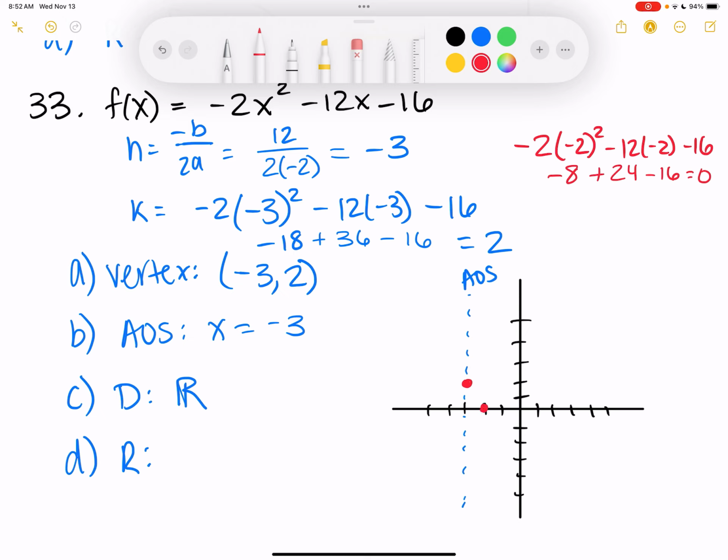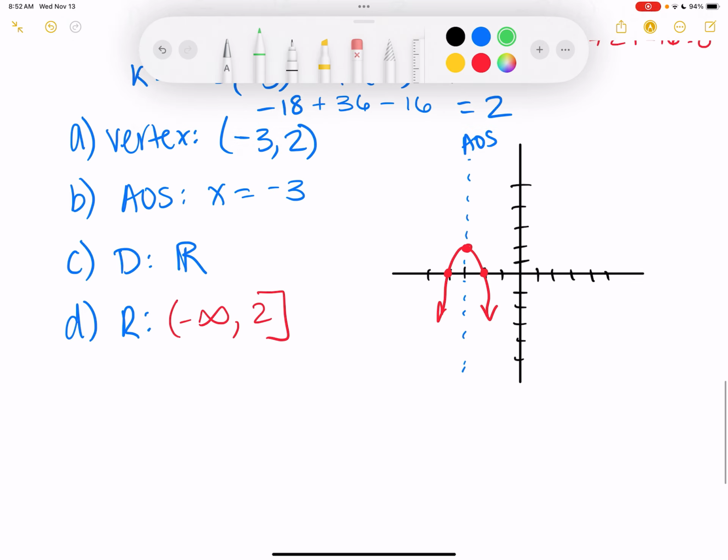1 away on that side, 1 away on this side, and we graph it going down. So what's the range of this one? Negative infinity to 2. Yep, negative infinity to 2. All right, any questions on any of that? All right, your problems then are